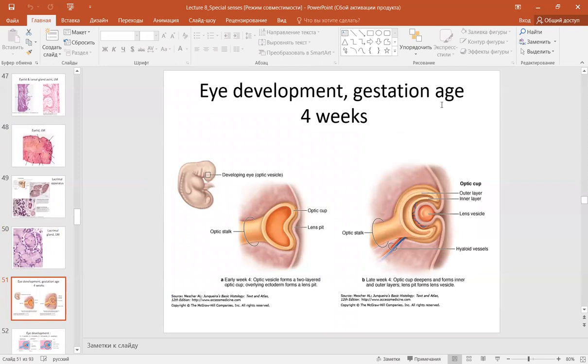Here the eye development, gestation age, beginning of the 4th week and the end of the 4th week, late 4th week, the optic cup developing from the ectoderm. The lens pit is developing from the lens placode, the specific site of the surface ectoderm, the optic stalk, the two-layered optic cup,